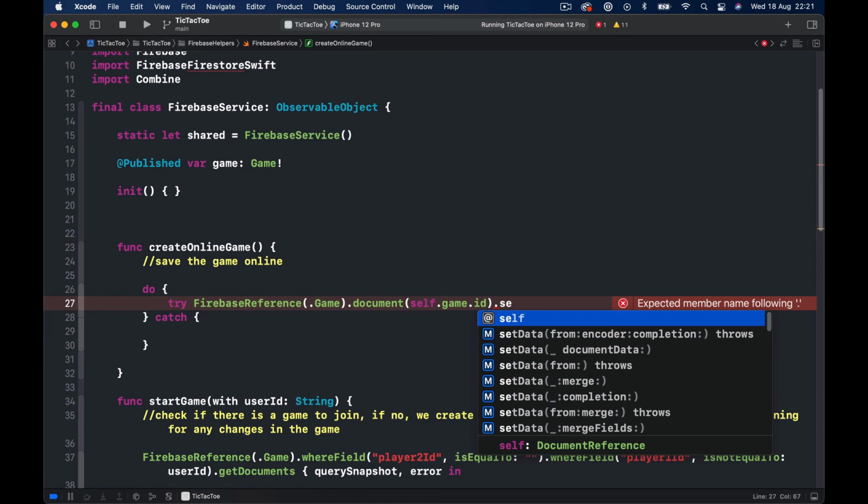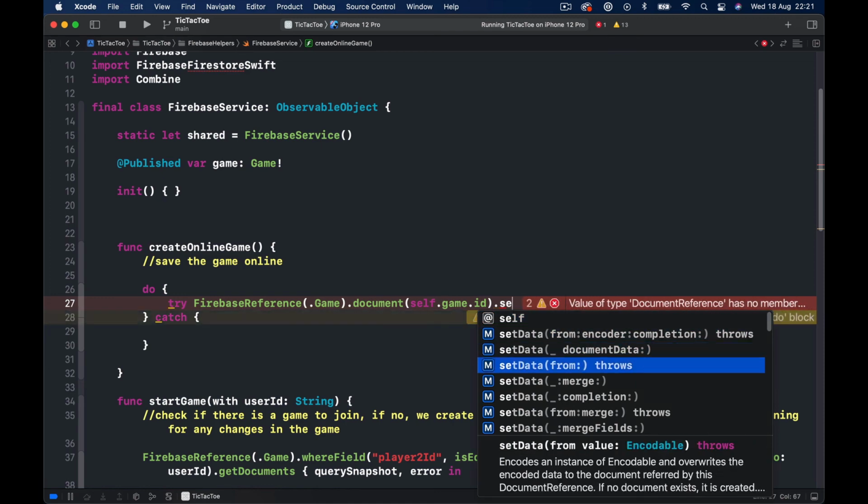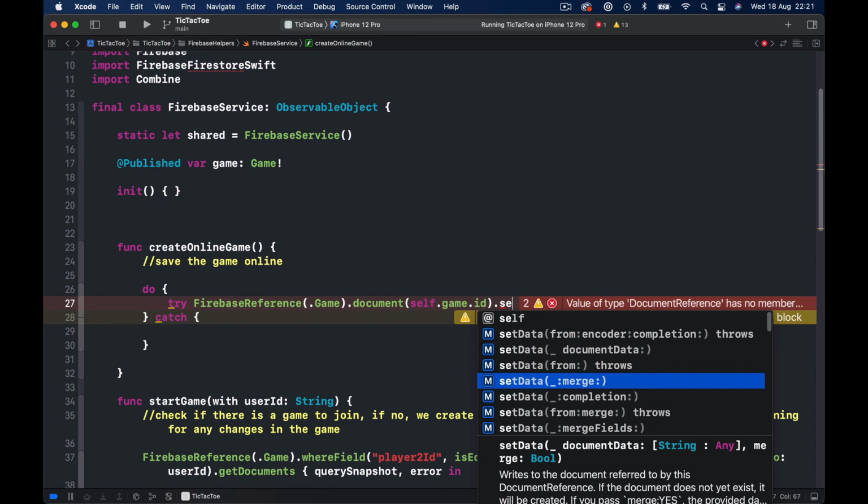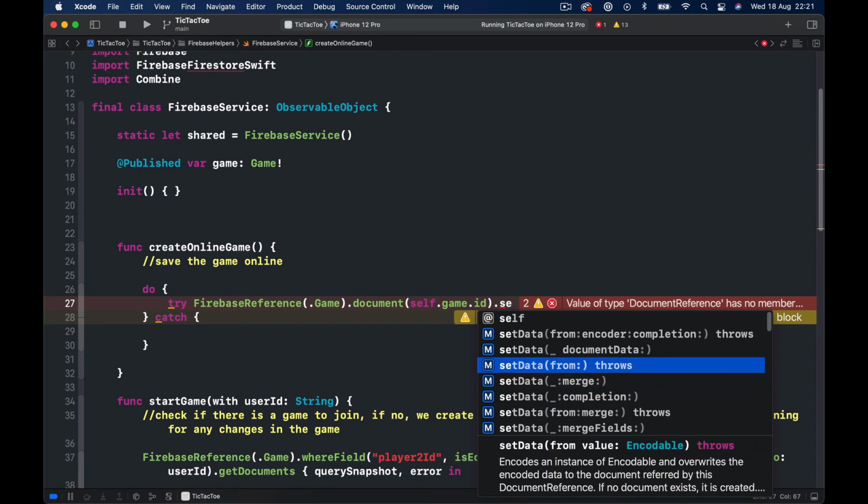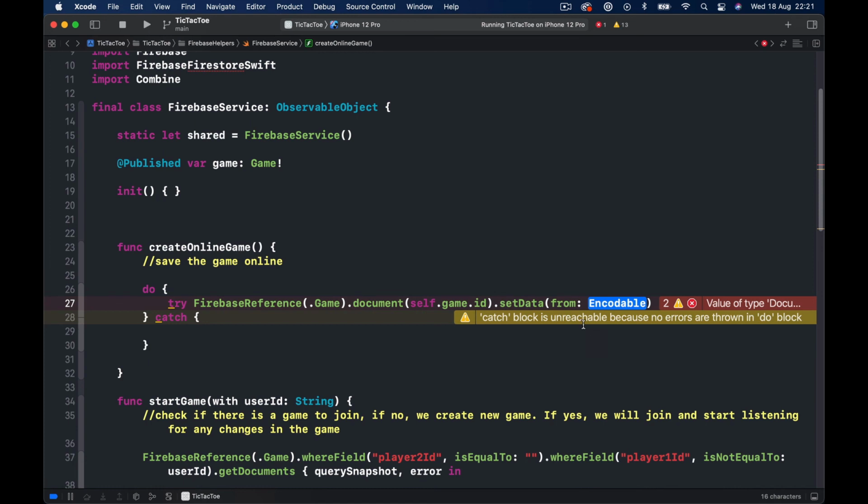So we say set data, and we have different options here. The one we need is the one that says set data from, and it says throws. And if you check down, it says we can pass an encodable object here, which will be converted into key value pairs automatically. So what encodable object we have is